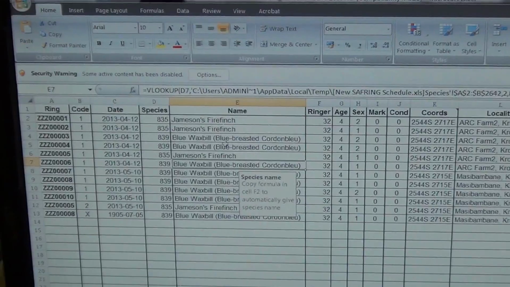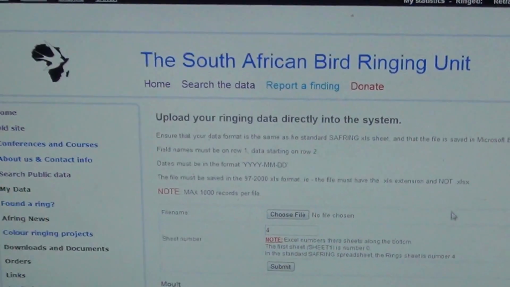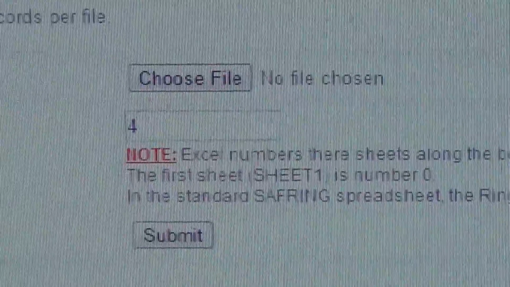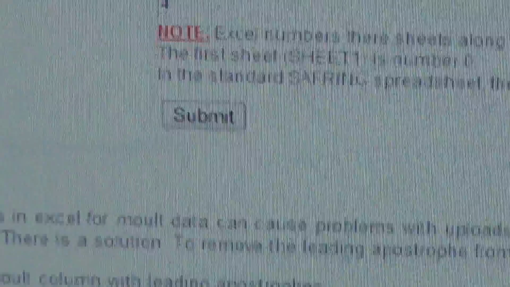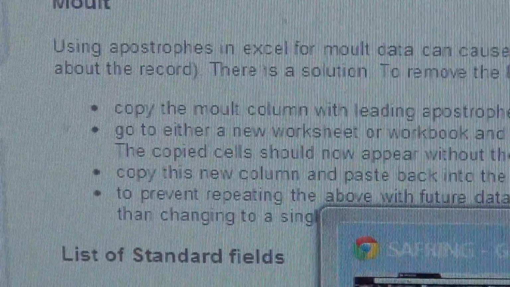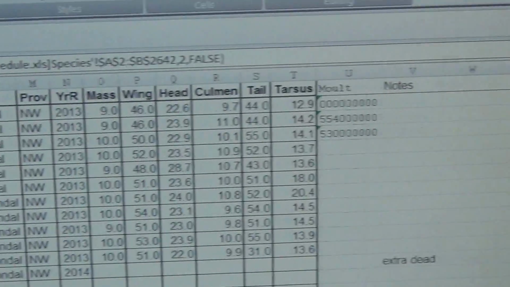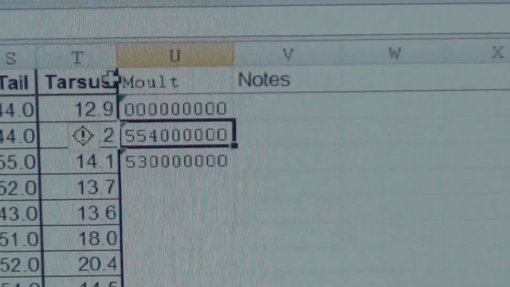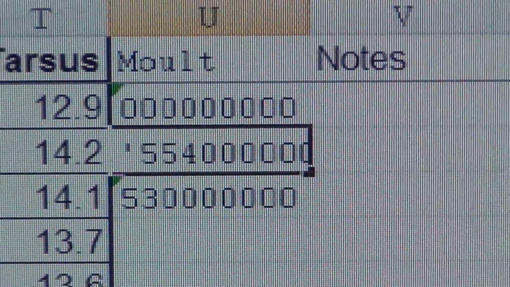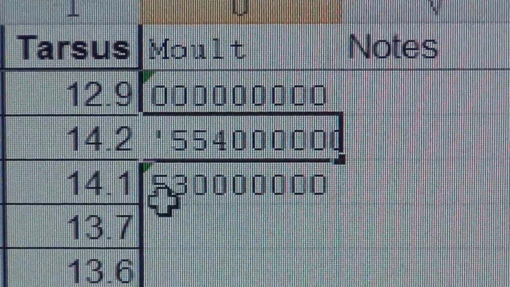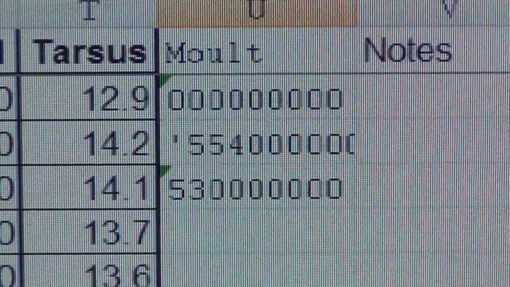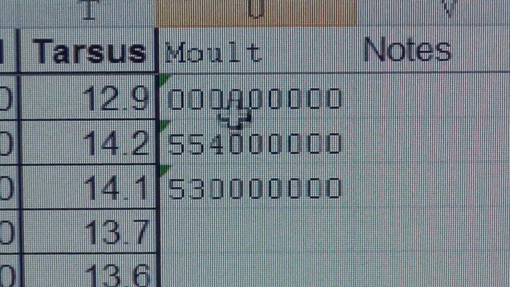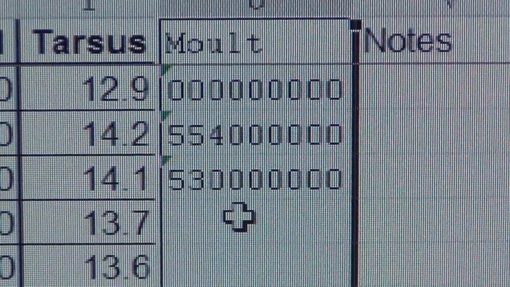Alright, next thing, according to the instructions, would be the malt, which a lot of people have been in trouble with too. In my dummy file that I have here, the malt values are incorrect. As in, they look fine, but when you actually click on them, they have an apostrophe in there, which messes with the SQL code, so it causes lots of problems and it doesn't get uploaded correctly. The instructions are on the web page, but here's a quick instruction. Copy the whole column,